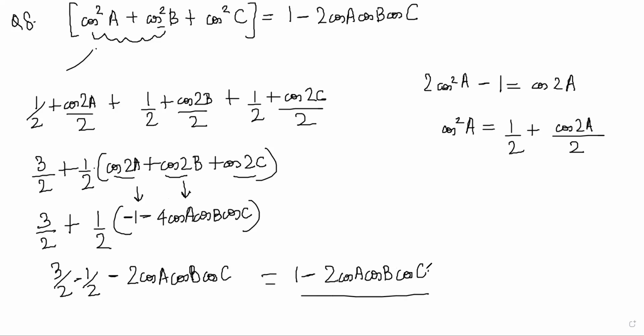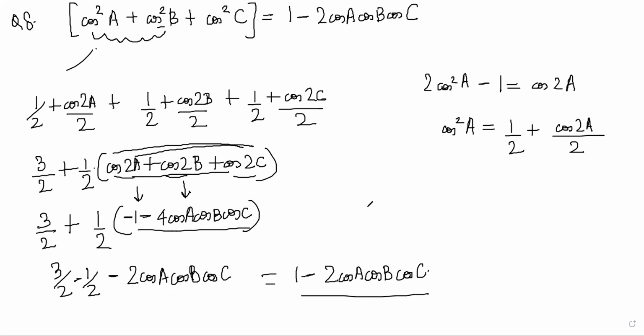Are you understanding? Yes, sir. Basically, this question number 8 uses question number 2 as a partial step. But if you didn't know that, you would have had to prove it. Obviously, you would have had to prove this part is equal to this. So that is something that you have to do anyway.